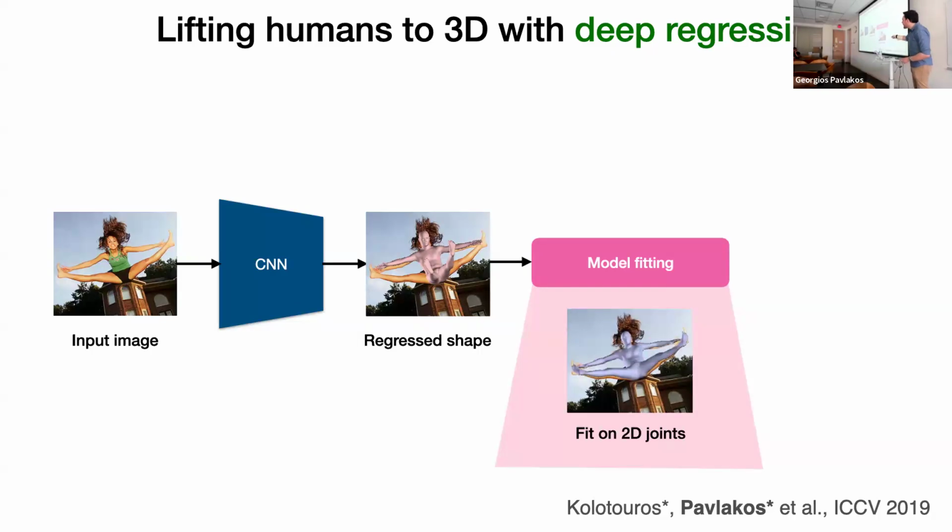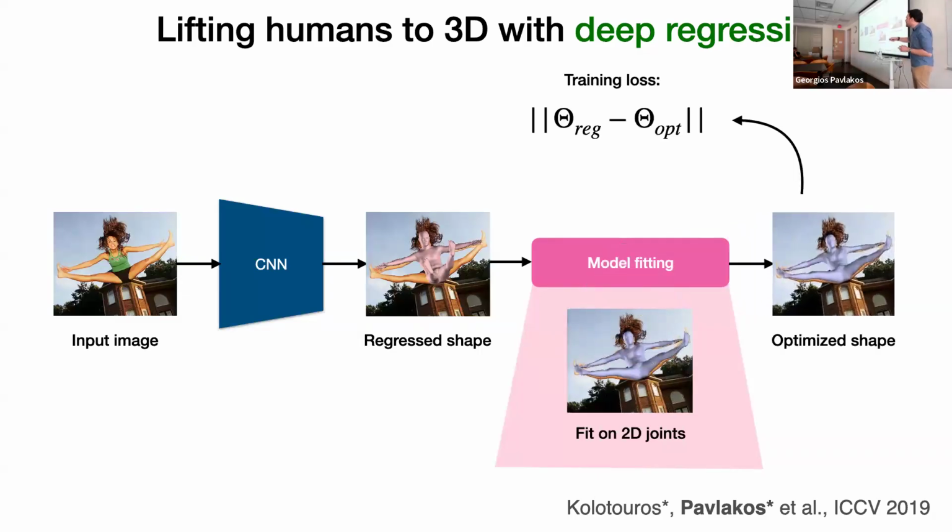And this final output can be used as pseudo ground truth to train the network in a fully supervised manner. It's not perfect ground truth, but it helps the network converge better because it gives access to some plausible 3D pose parameters. And typically, we use a combination of in-the-wild data and data from the lab with actual ground truth to train these networks.